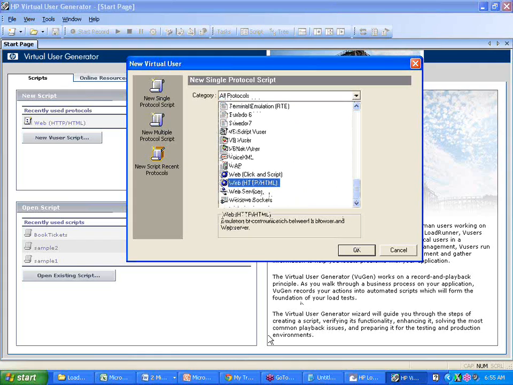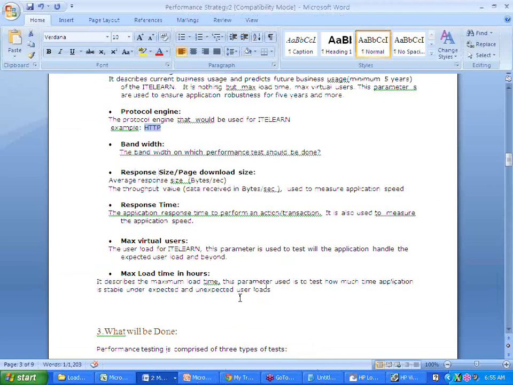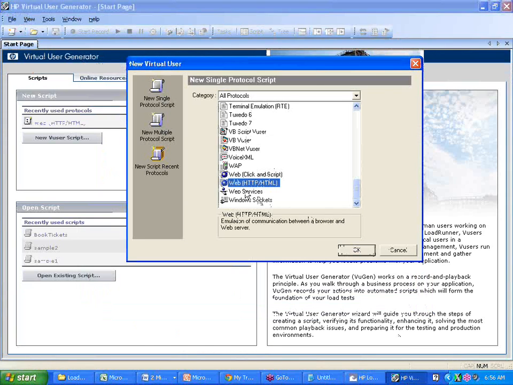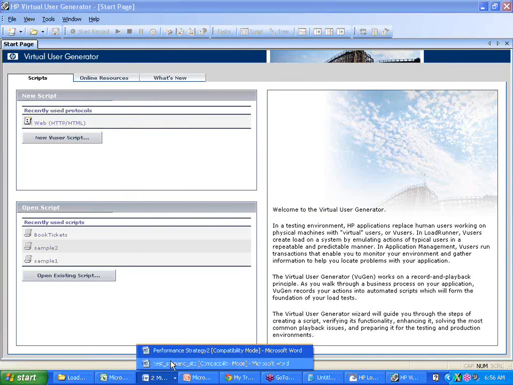Okay, so in this strategy, as a part of our current project activity, we are developing the performance strategy for our application, and we need to list out what protocol will be taken up while creating your scripts using virtual user generator. So this is the one which we'll pick up using the virtual user generator. Okay, so this is for basically creating the scripts. And where is it listed? It's listed in your strategy document.